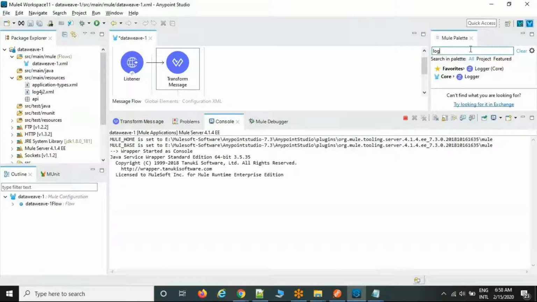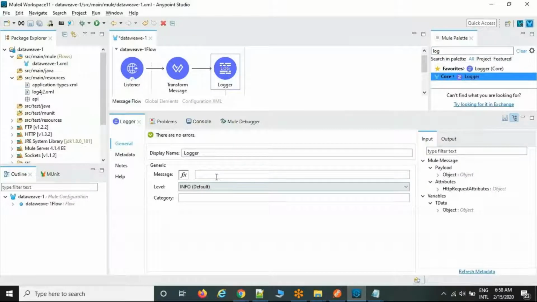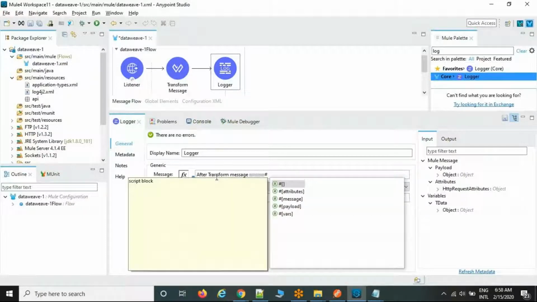Now you can see here the logger, after the transform message, hash payload.